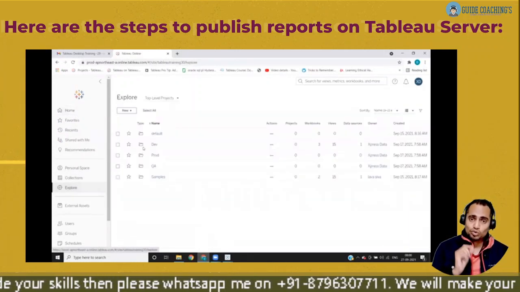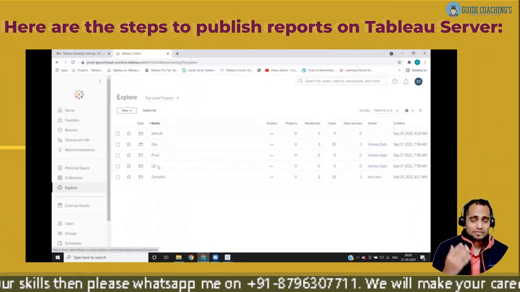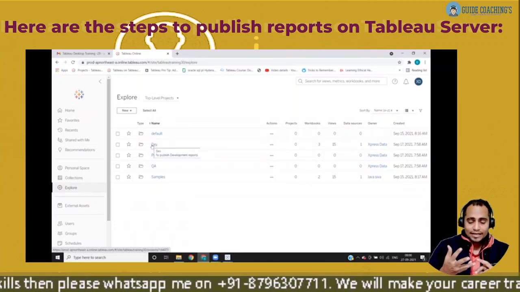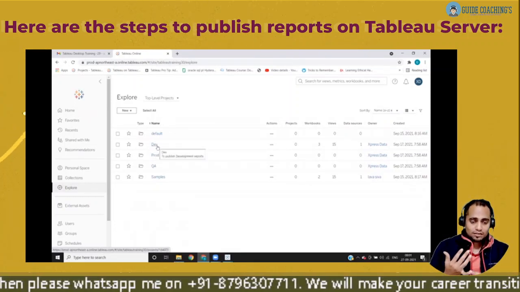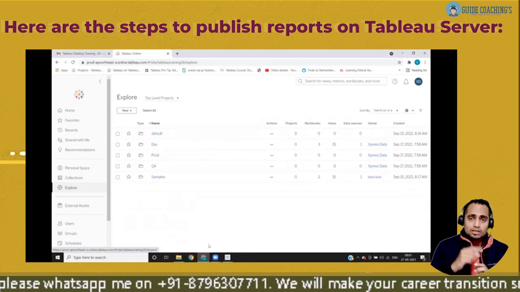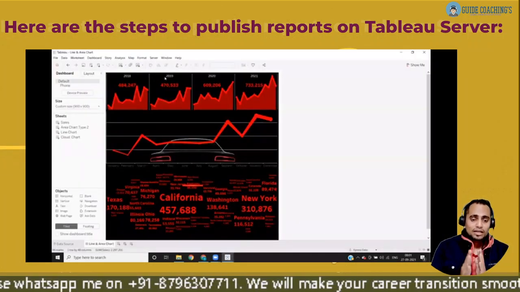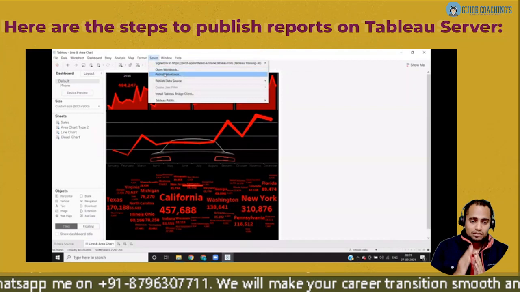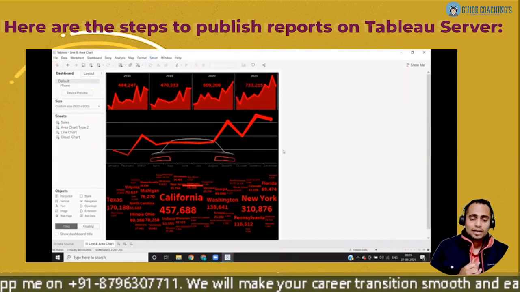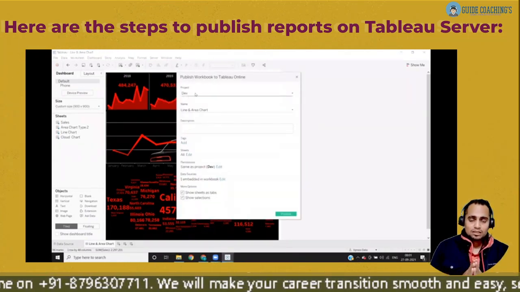Now we will go to Explorer. We click on it. Here we have created different folders like dev, prod, SIT, and QA environment. Now here we will be adding our reports to dev environment. So we'll click on the server, we click on the publish workbook, and it will open us the prompt, which